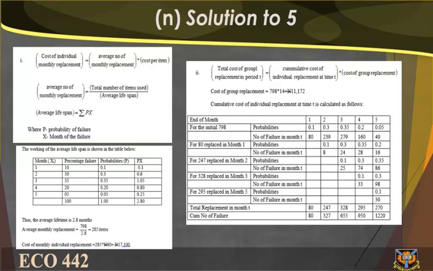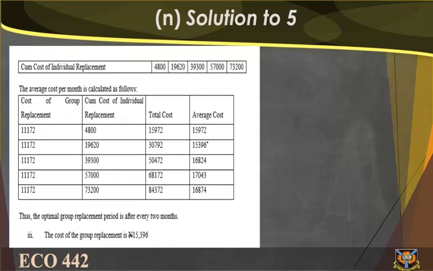2. Total cost of group replacement in period T equals to cumulative cost of individual replacement at time T plus cost of group replacement. Cost of group replacement equals to 798 times 14 equals to 11,172 naira. Cumulative cost of individual replacement at time T is calculated as follows. See table. N. Solution to 5. Cumulative cost of individual replacement